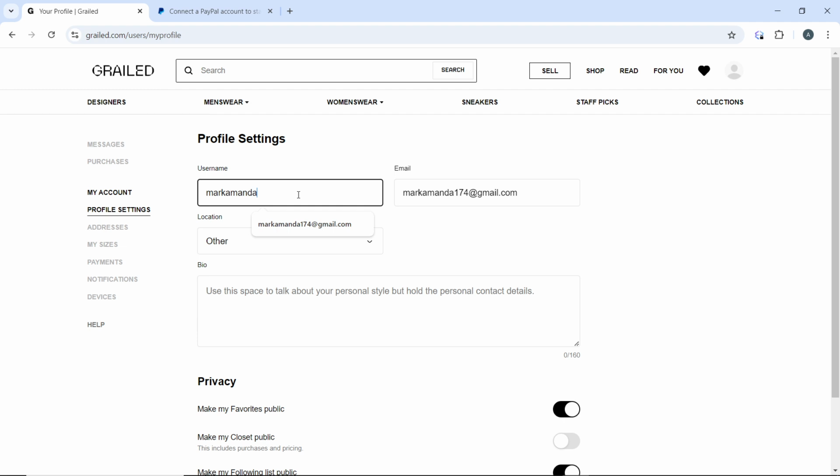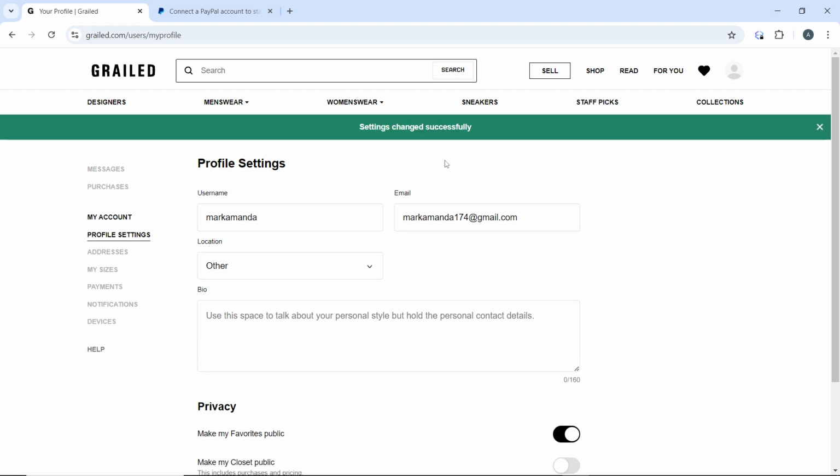Let's say I want Macamander. Let's say I just want to leave it at Macamander. And you can change your email if you want, but this tutorial focuses on the display name, which is the username. So now that I have changed it here,